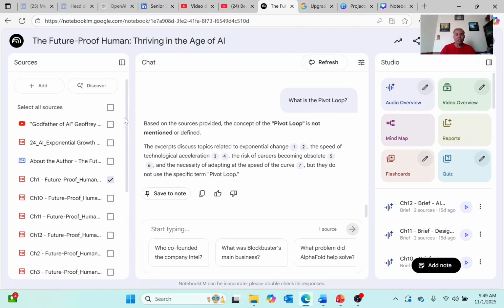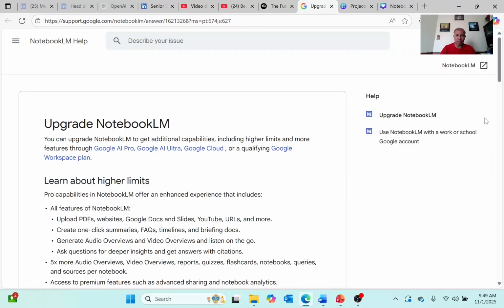Now, in order to use these features, by default I think you can create 3 audio podcasts a day, 3 videos a day. So there's some limitation, but if you want to use all the features, you have to upgrade to Google's